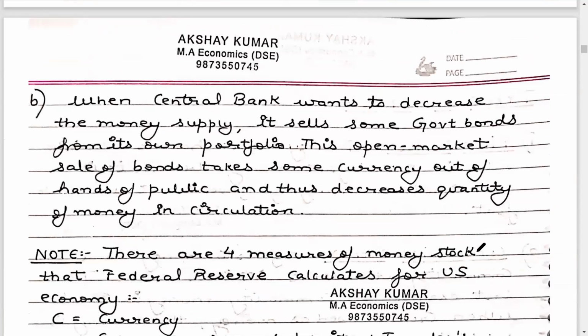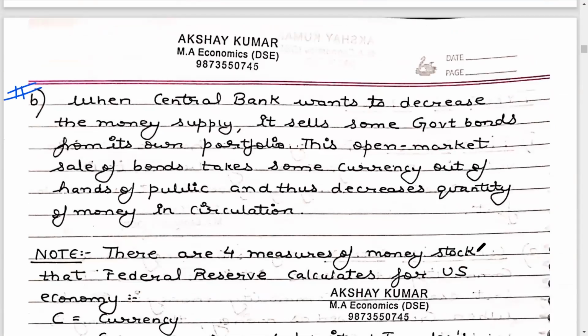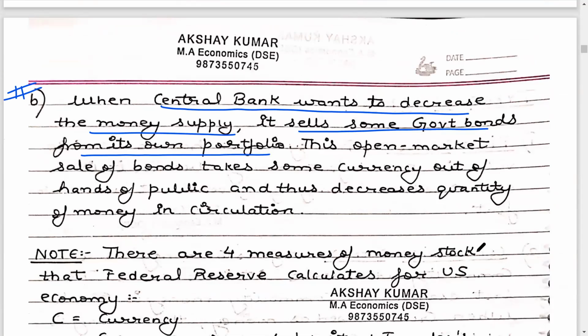Exactly the opposite is called open market sales. In open market sales, when the central bank wants to decrease money supply, it sells government bonds from its own portfolio. When the central bank is selling government bonds, it is being paid an equivalent amount of money by the commercial banks. Now, when commercial banks are paying for government bonds to the central bank, that money is going into the vault of the central bank. That means this much amount of money is going out of circulation, which causes the money supply to fall. This policy is called open market sales. So open market sales causes a fall in the money supply.